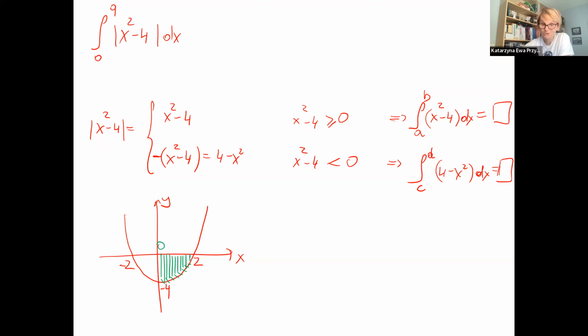That means x is from 0 to 2. From 0 to 2, but that part was negative. That means I have to change it. It will be flipped. Okay, and what about where this is positive? Let's say from 2 to 9, because we have to stop at 9. Oh, it's a little bit bigger, because we have the limit 9. Yeah, it means from 2 to 9. Okay. Now you can definitely